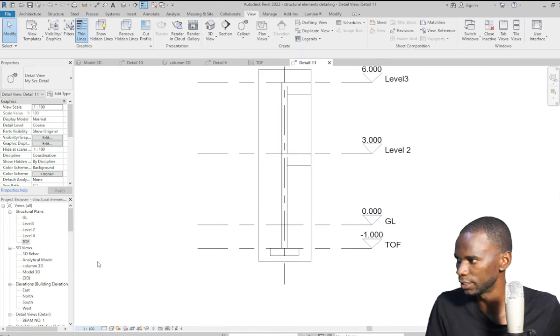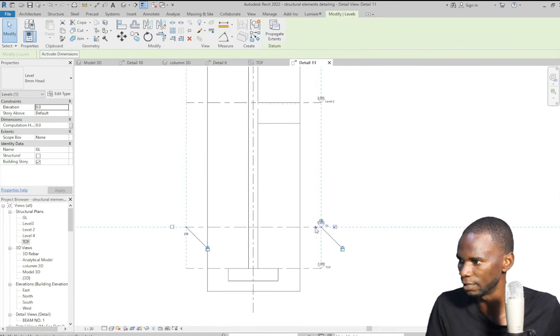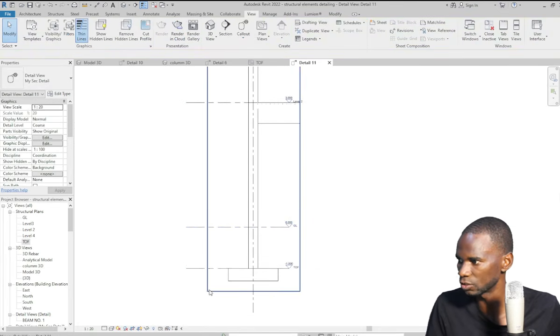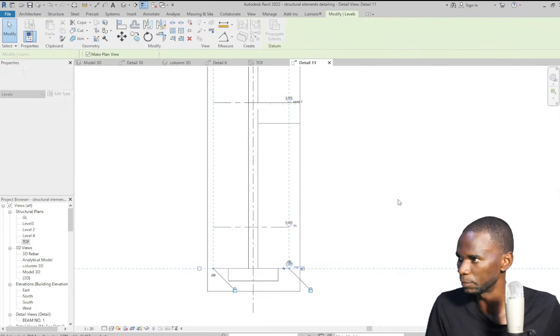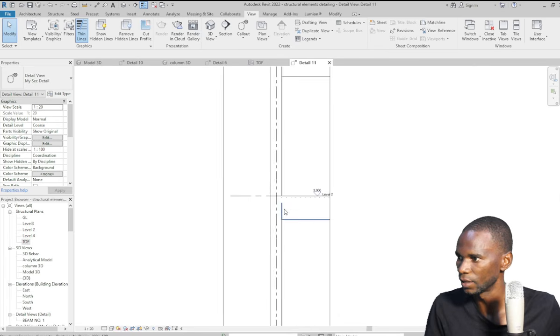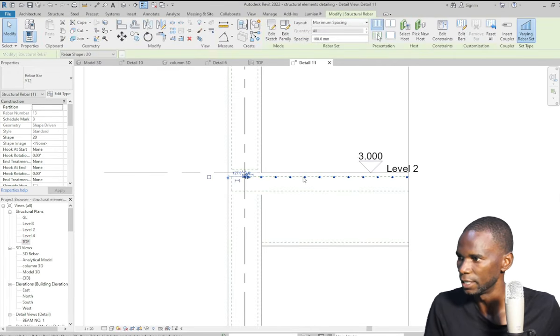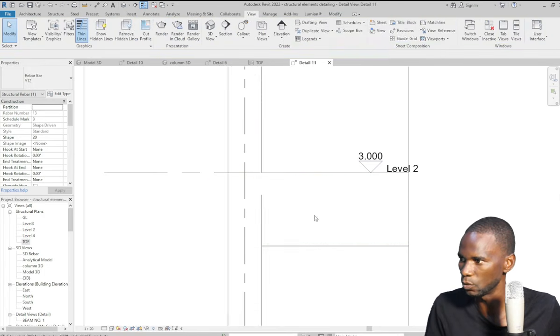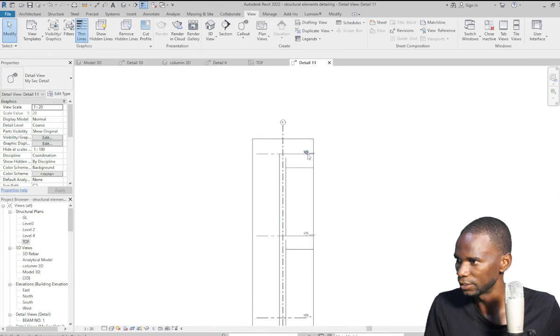Then make sure that you change the scale. I'll change the scale to 1 to 20. Then click on the level there and make sure that I drag it closer somewhere there. Click on that one and drag it up to somewhere there. Click outside. Then as a way of cleaning up, I don't want to see the rebar in the slab. I'll select it, right click, then hide in view by elements. Okay. Now let me just place